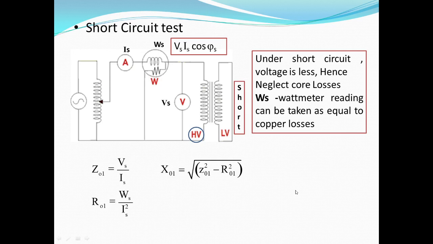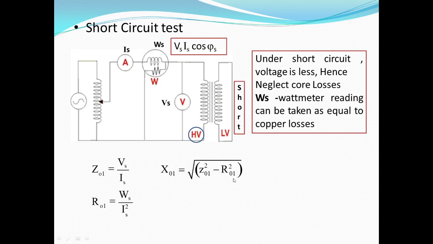In the short circuit test, the applied voltage at rated frequency is gradually increased until the rated current passes through both the windings. The rated current is allowed in the winding without wasting of the output power. As the rated current is less on the HV side, it is convenient to conduct this test on the HV side by short circuiting the LV side terminals. By doing so, the range of the meter used for conducting this test is very convenient.